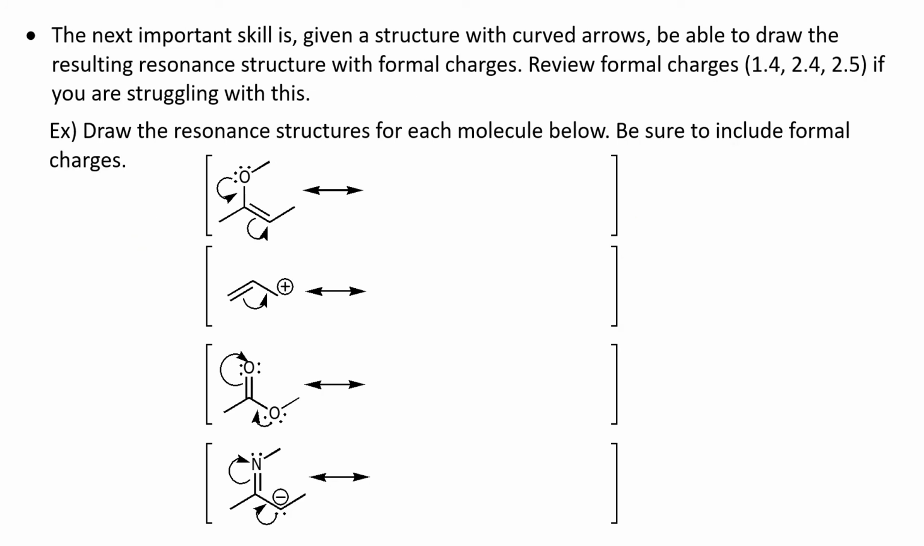The next important skill is, given a structure with curved arrows, draw the resulting resonance structures with the formal charges. It's often helpful to recall the bonding patterns for carbon, nitrogen, and oxygen with formal charges. So if you forget those, go back to your notes and review those patterns, because that's going to make your life a lot easier. Also, being able to see and know where the hydrogens are on a particular atom is